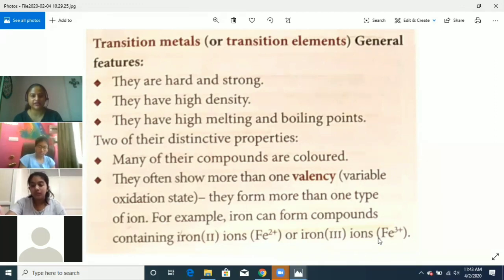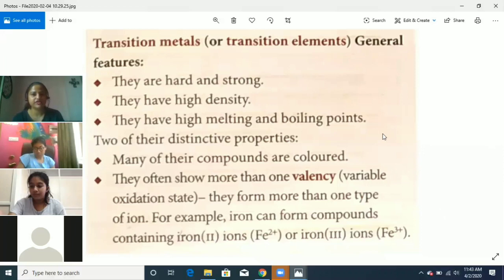Catalysts alter the rate of reaction, but they do not participate in the chemical reaction. They are not used up in the chemical reaction, but they alter it. They increase the rate of reaction or decrease the rate of reaction. Rate means speed. They increase the speed of reaction or decrease the speed of reaction. Most catalysts increase the rate of reaction. Okay. So these are the transition elements. Now come to the seventh group, halogens.